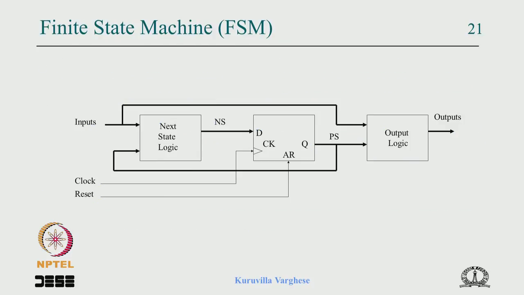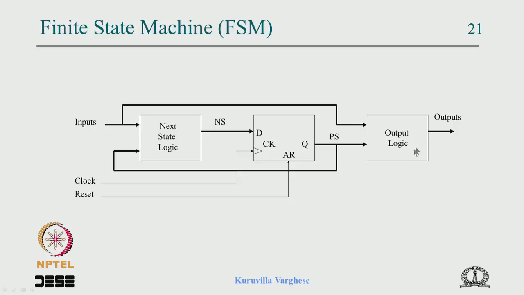Before going to that, a reminder: the state machine structure is like this. You have state flip flops that keep track of the state; the present state is combined with the input to generate the next state, which is latched on the next clock. The next path is that the present state along with the input is decoded for output. If it is a Moore output, only the present state is decoded. For the Mealy output, both input and present state are decoded. If you look at this logic and this logic, both receive the present state and input,